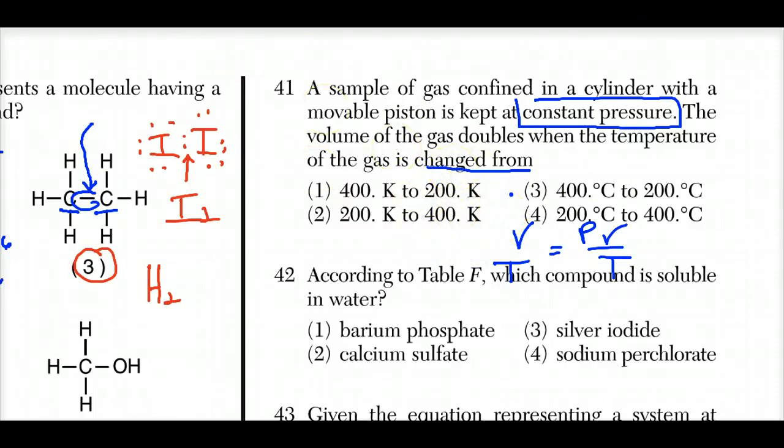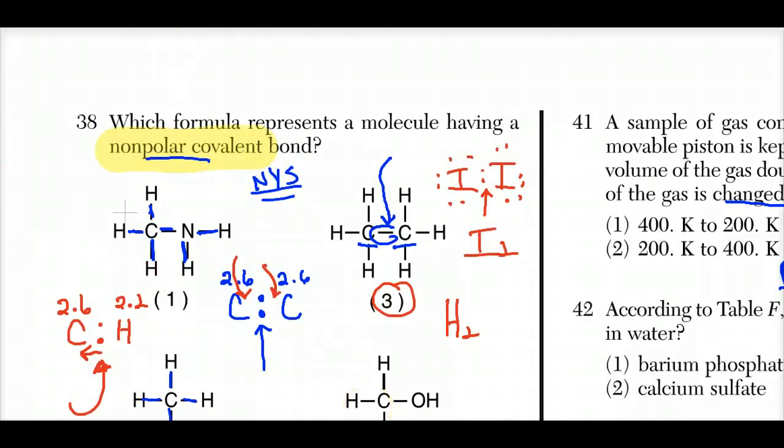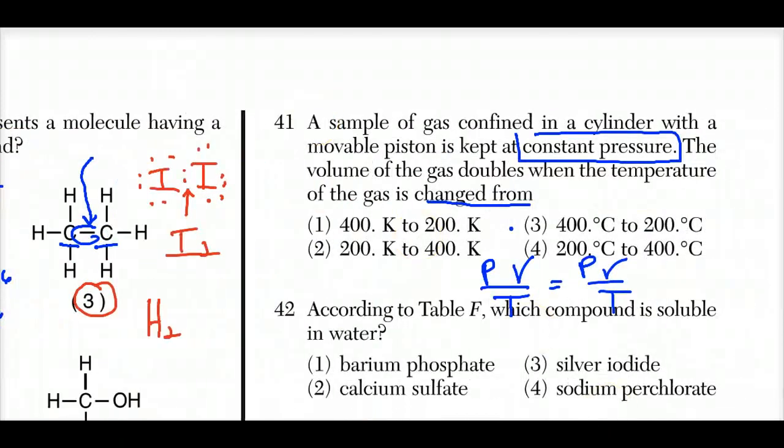Okay, I'm going to cross it off. Get the P away, so now it's volume and temperature over volume and temperature. So volume and temperature are directly proportional. You may not be able to see that in the equation, but as temperature goes up, as temperature increases, the volume